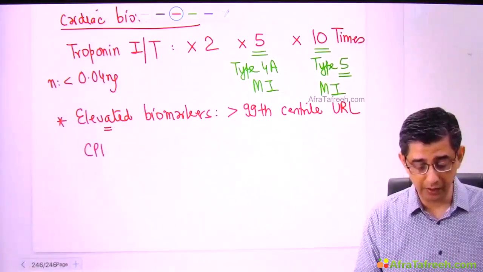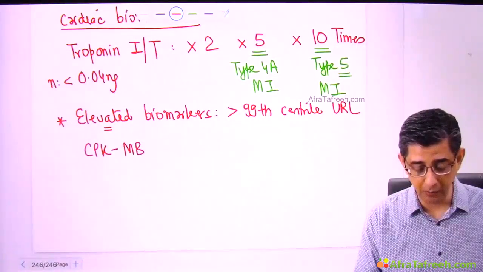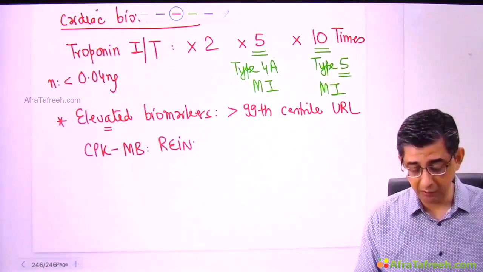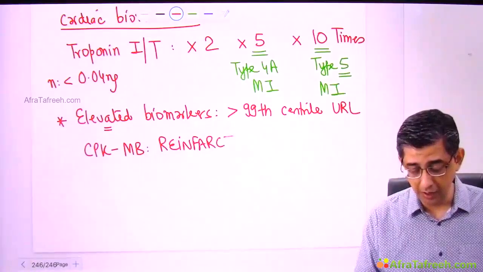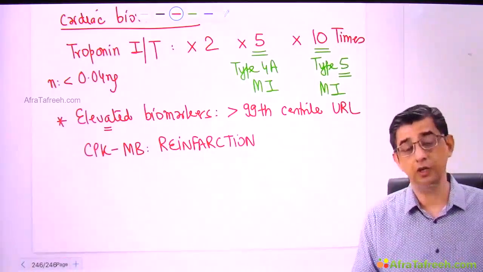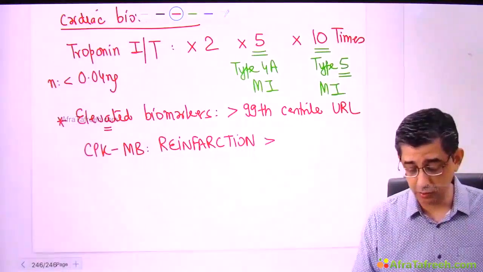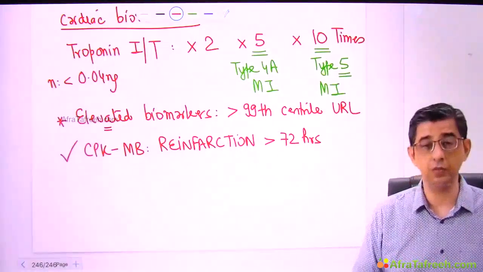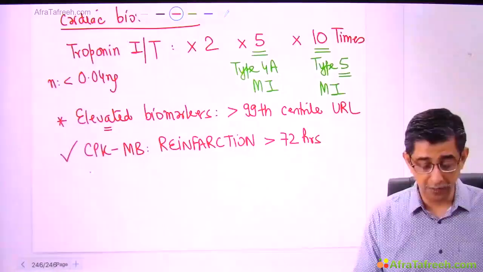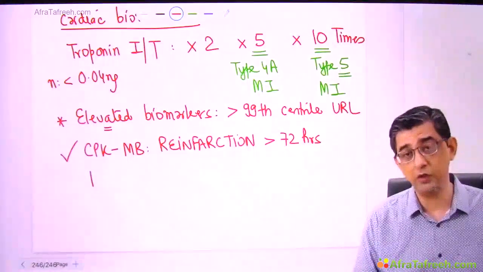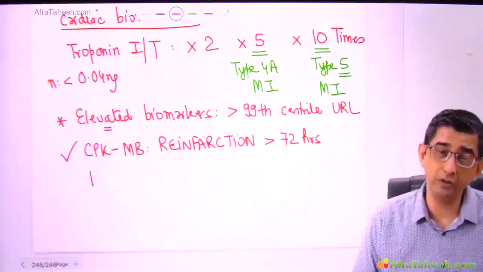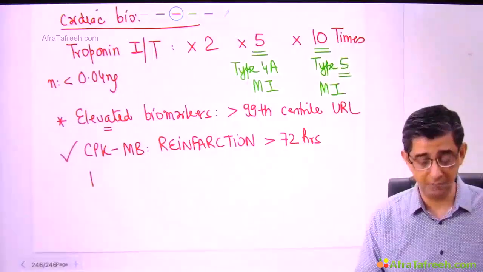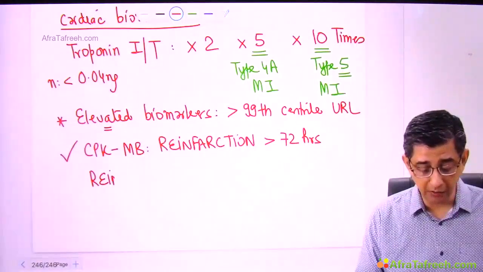One of the important tests that we will always do will be CPK-MB also. Now, the importance of CPK-MB in the exam is, whenever he talks about a reinfarction, listen to my next words with a lot of care. If you get a multiple choice question that is talking about reinfarction after 72 hours, then you can definitely answer CPK-MB. Otherwise, if reinfarction after 72 hours is not given, because it is not guaranteed that reinfarction will occur only after 74 hours or 72 hours or let me say 76 hours. Reinfarction can occur even after 1 hour also.